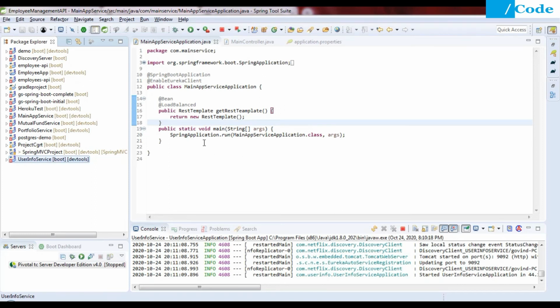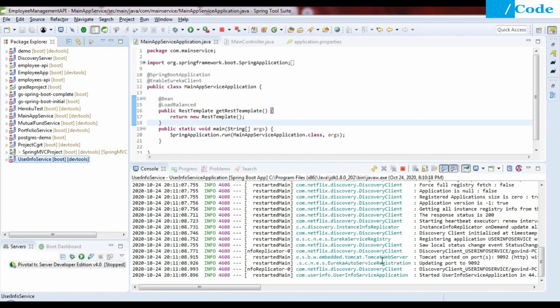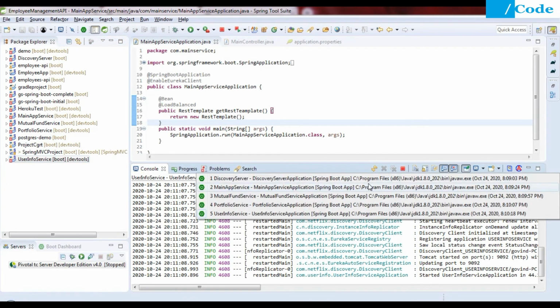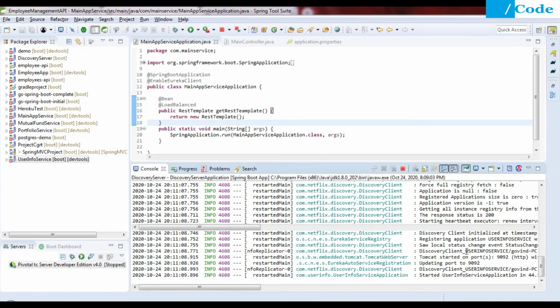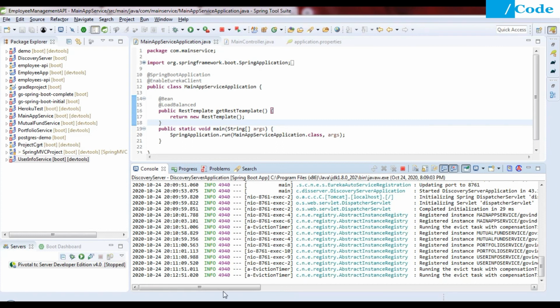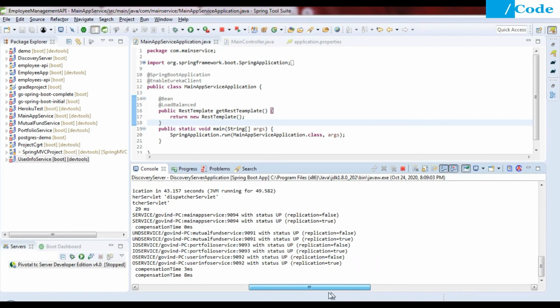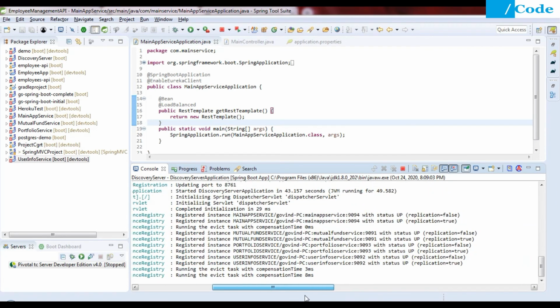Now let me come to my Spring part. If you see here, my services are running successfully, and if you come to the discovery server, you will see that every time it is running, it is checking which services are in up state or which services are in down state, so that we get the status there.